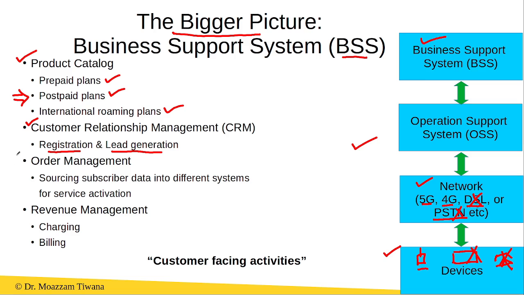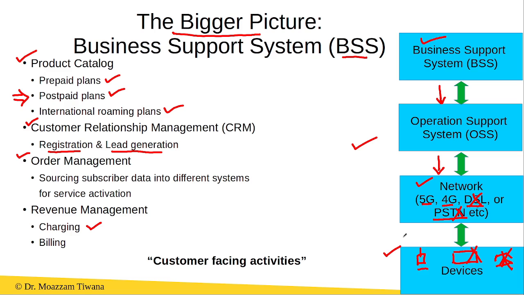Then the next step is the order management. During the order management step of the BSS, the order is checked and verified, and after that, the postpaid service of this user is activated. And in order to do that, the BSS sends the order to the OSS, and the OSS then activates this service in the network. And once the service of this user is activated, then the charging of the user for this service is also activated,